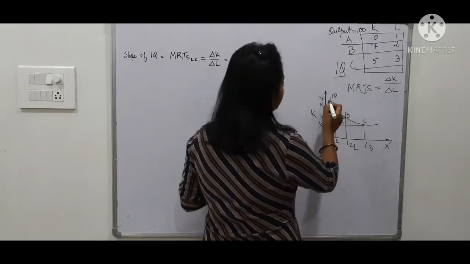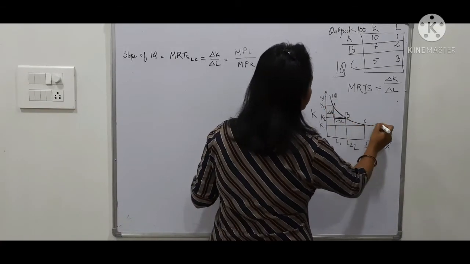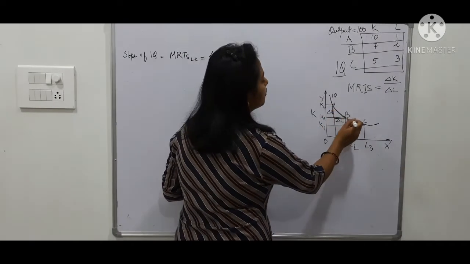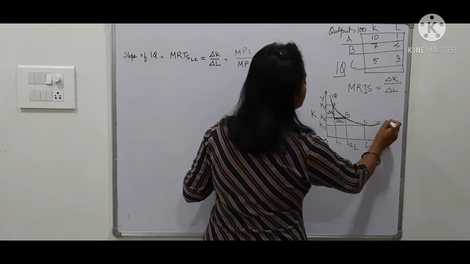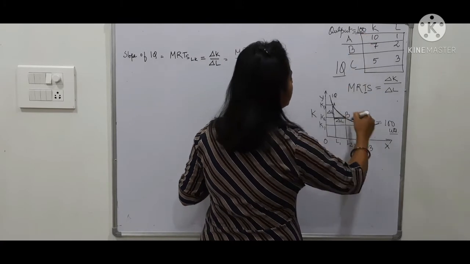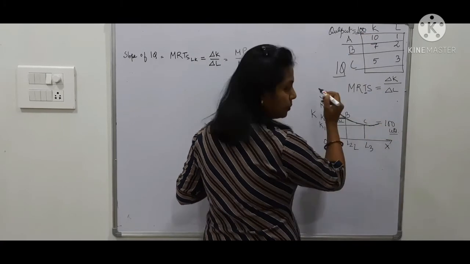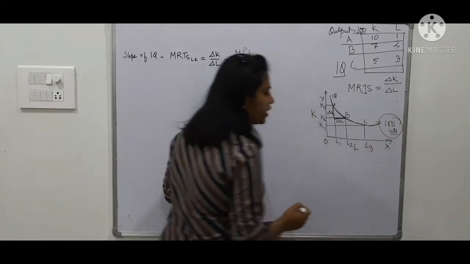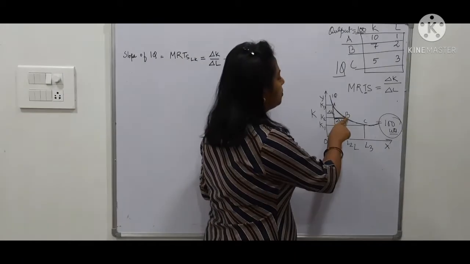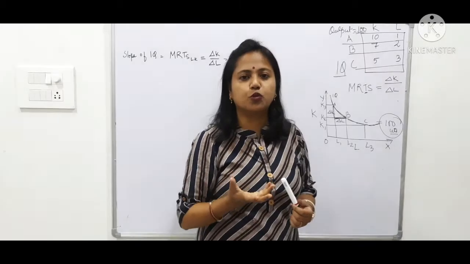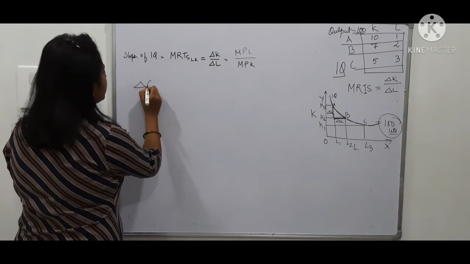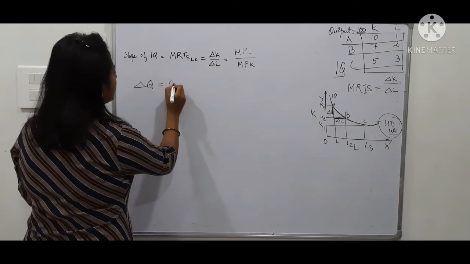I told you that this is a curve which shows various combinations, A, B, C I have told, but there are multiple combinations which have the capacity to produce 100 units as per my example. In my example, whatever combination you pick up, it will produce 100 units only. Now that means if I shift from A to B or B to C, there is no change in output. Change in output is 0. So I am saying that change in output, change in quantity, is always 0.